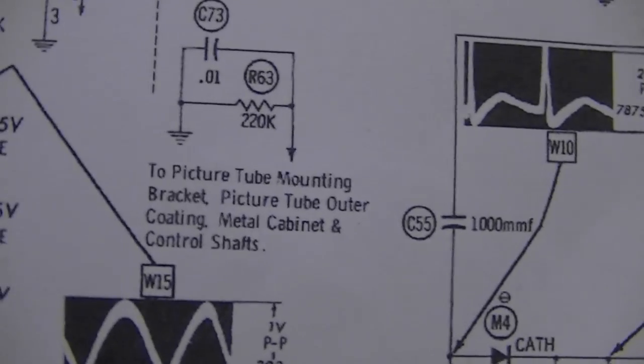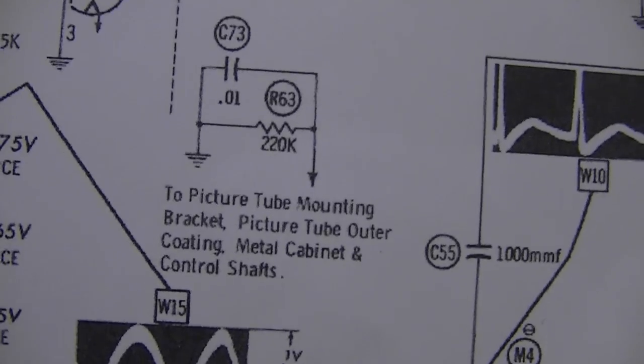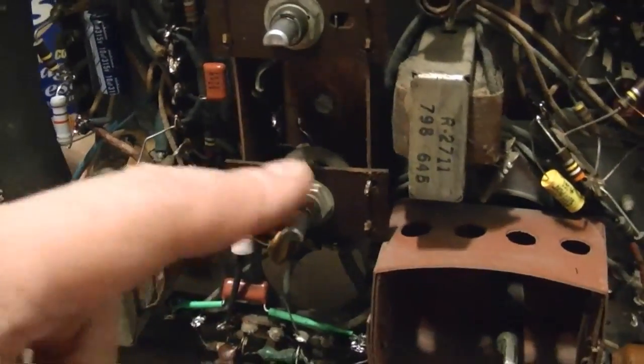Okay, I think it's this. Remember, there's that resistor and capacitor. They're hiding down in there. They go between the control housing and the chassis. I think that wire, I'll trace it out, let's see. Goes right through here, down into there, and...